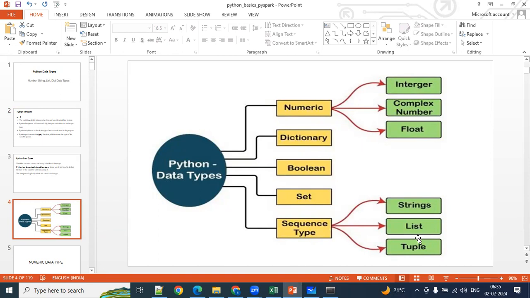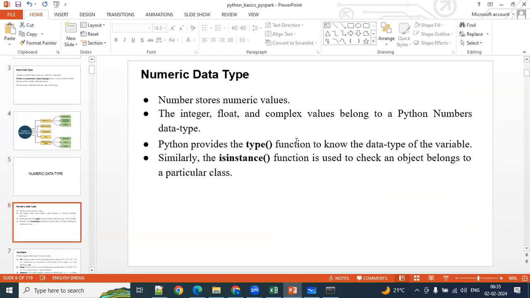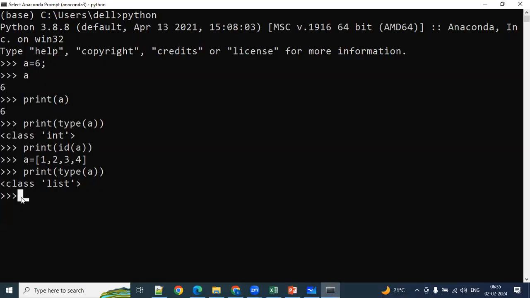First one that I'm trying to focus on is the number data type, or numeric data type. Both are the same. Just now I have already told you, when you declare plain numbers here, in the backend it will store them in integer format. I told you a equal to 6, or a equal to 10, a equal to 100, a equal to 10 million, whatever number you want, you can declare it and assign it here.